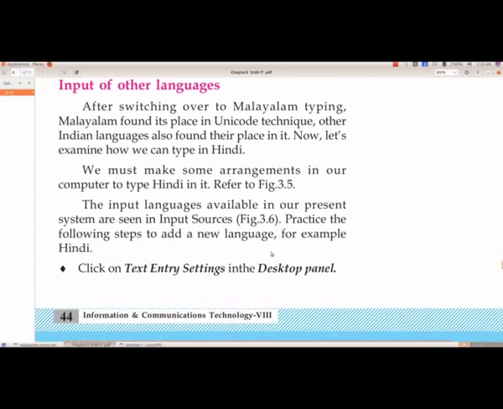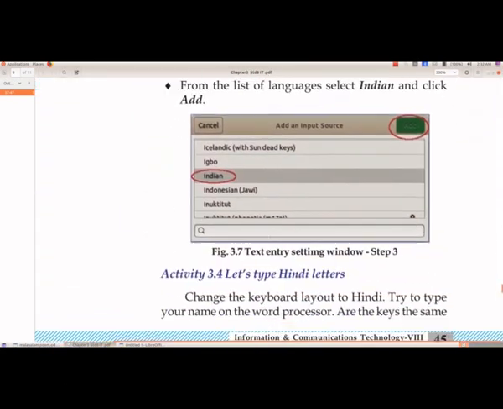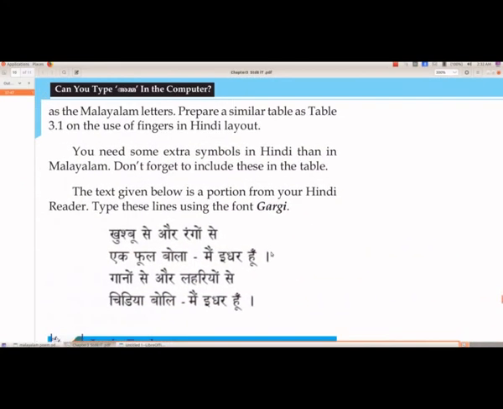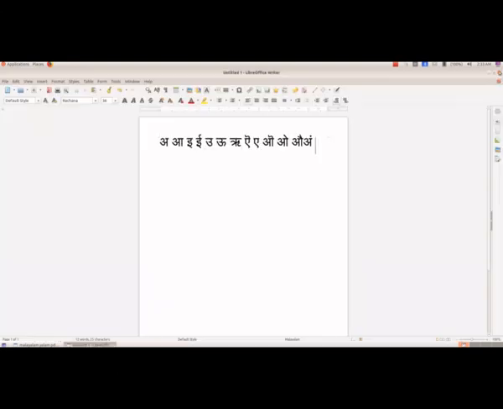Here you have the poem. Here you have one poem and you can try this. And with this, our third chapter is over. And thank you.